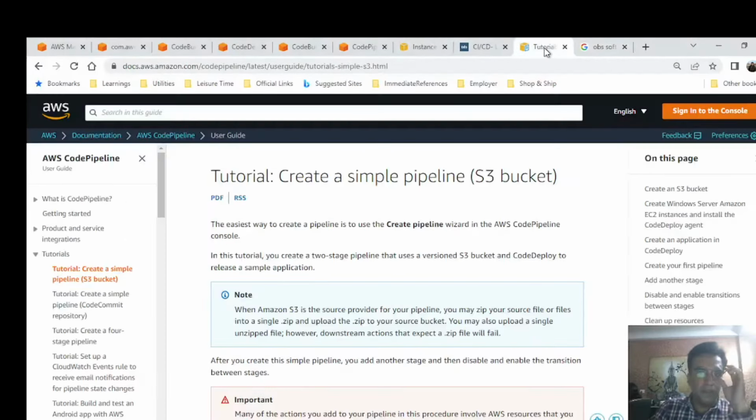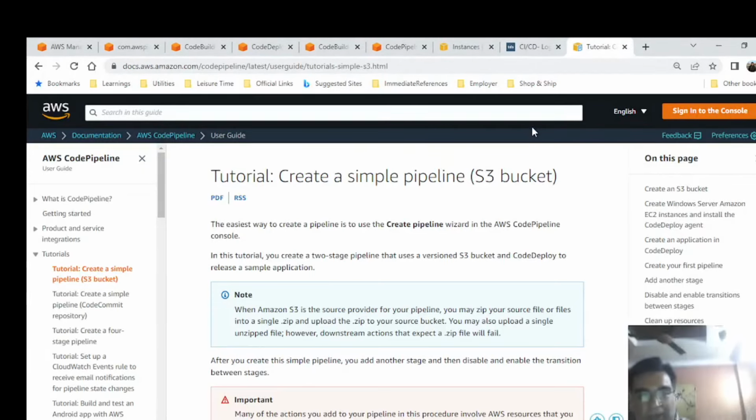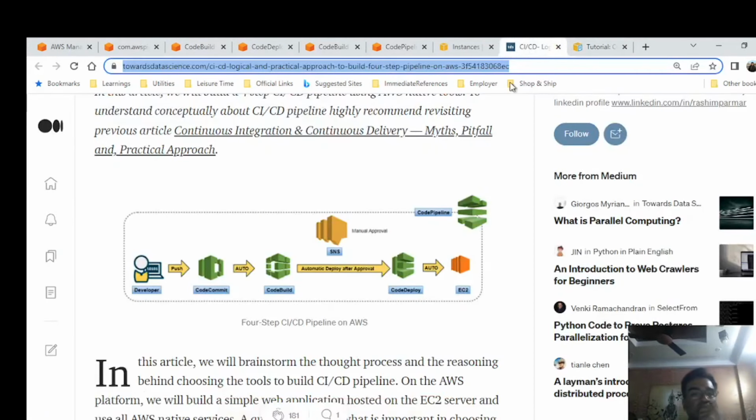Okay friends, in this tutorial we are going to cover the AWS pipeline. As seen in this diagram, we have CodeCommit, CodeBuild, CodeDeploy, and the EC2 instance wherein we deploy. In my other video we have already covered this AWS pipeline, but in this particular tutorial we will be covering the case wherein the repository is S3 and not CodeCommit. You can refer to my other video. I will be quick here, and we'll start with the S3